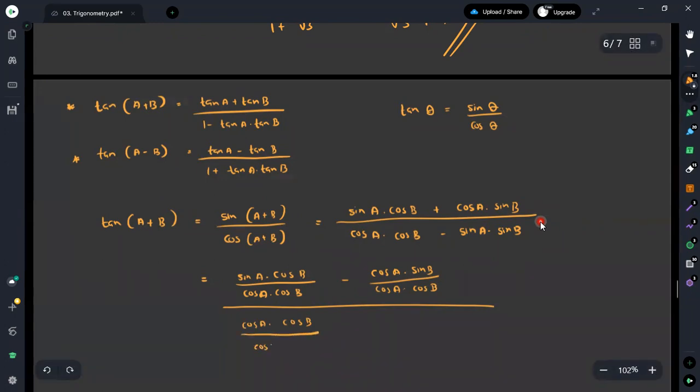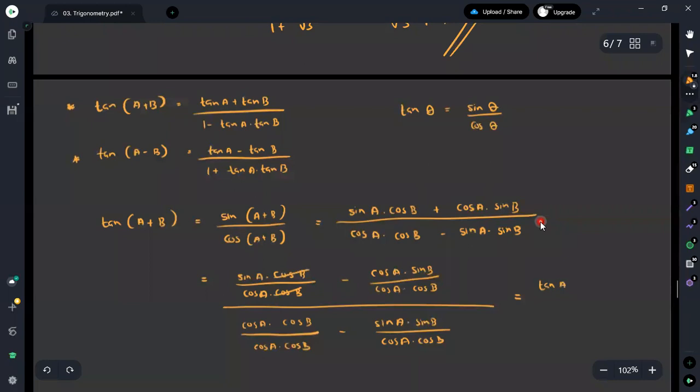Now this is also divided by cosine A times cosine B. Then we have the term for sine A and sine B, and initially we had sine A times sine B. This has to be again divided by cosine A times cosine B, since we are dividing all the terms by cosine A times cosine B. Now, if you do the calculation term by term, you can see that cosine B and cosine B cancel out. Then sine A divided by cosine A gives the value tangent A.